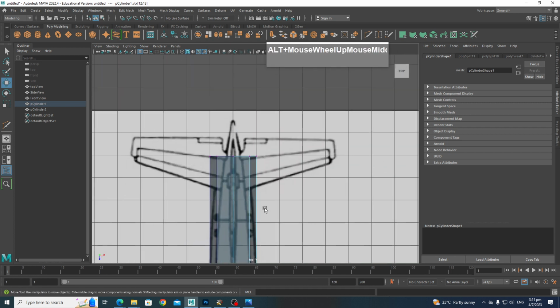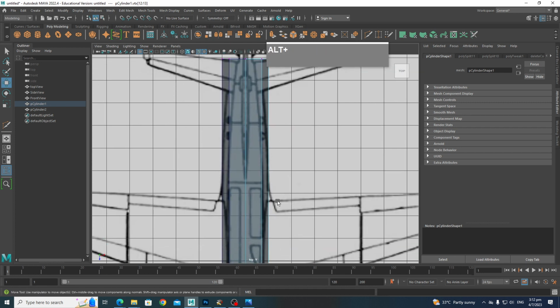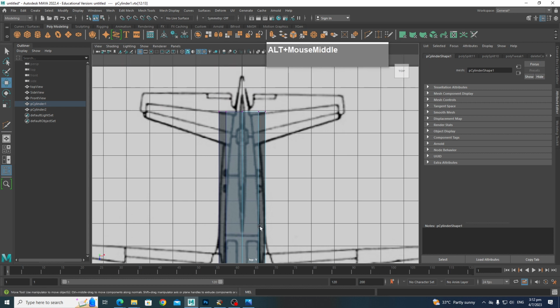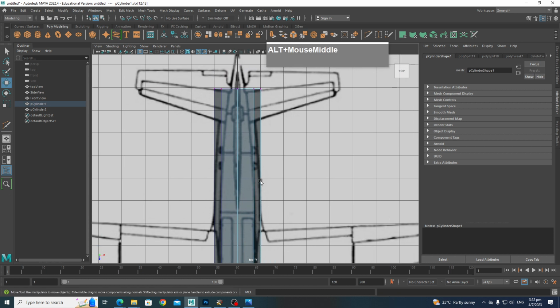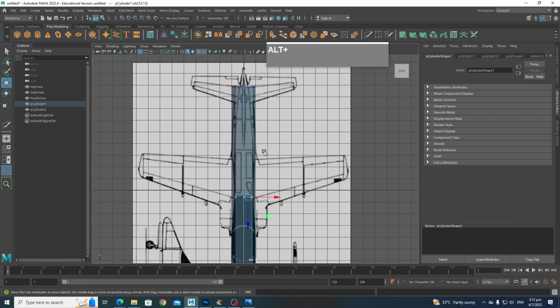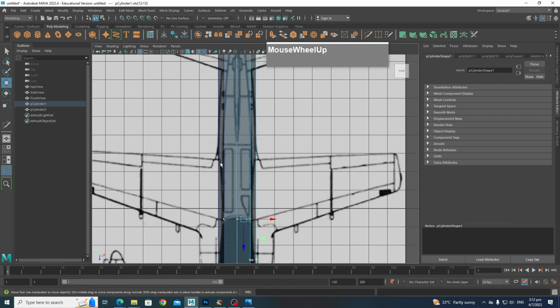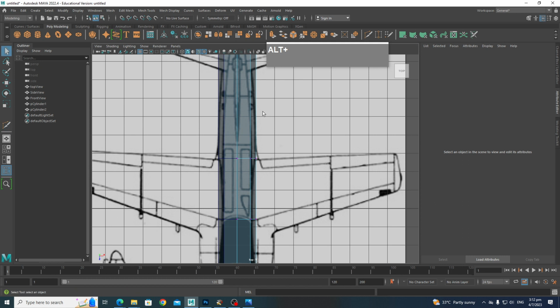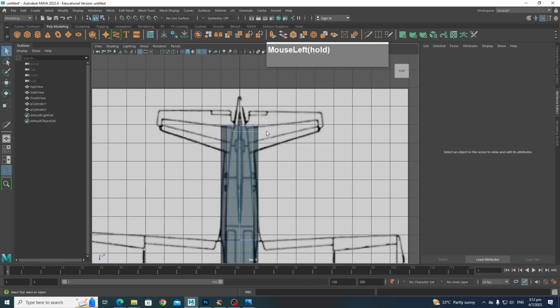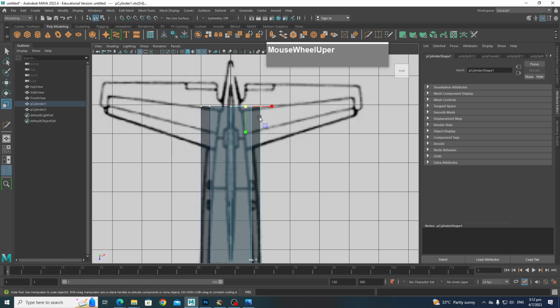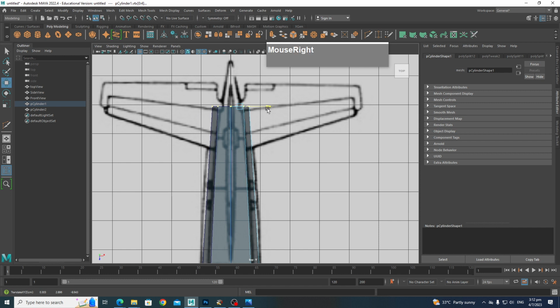The top view looks good, except for the part here where the tail section of the wing is actually tapering down to a narrower part. So what we need to do is insert one edge loop that runs across here, and then press Q to go to select. Grab these vertices. You can use scale so that they will scale uniformly. Then press W and just move them inwards until it follows the